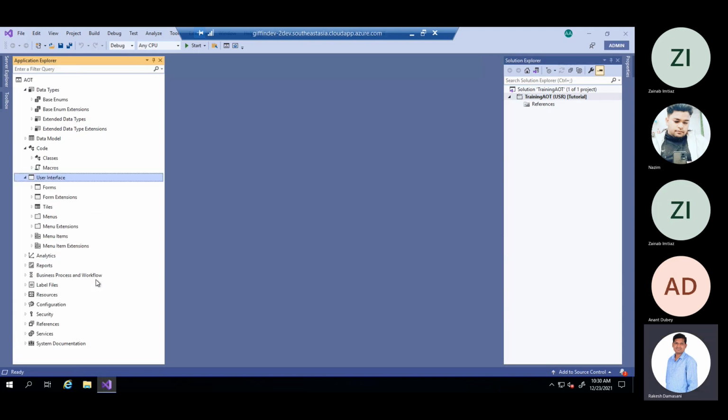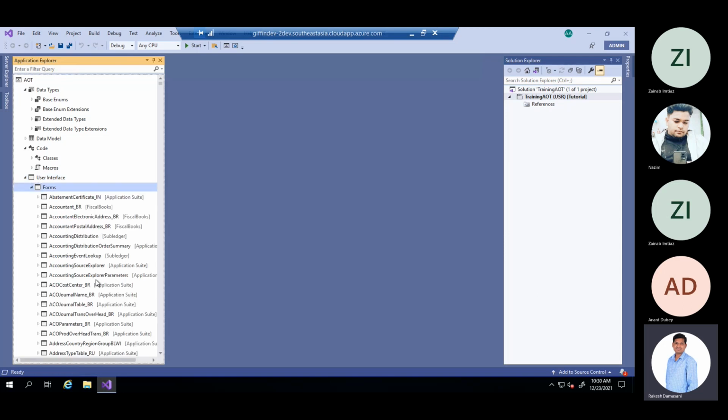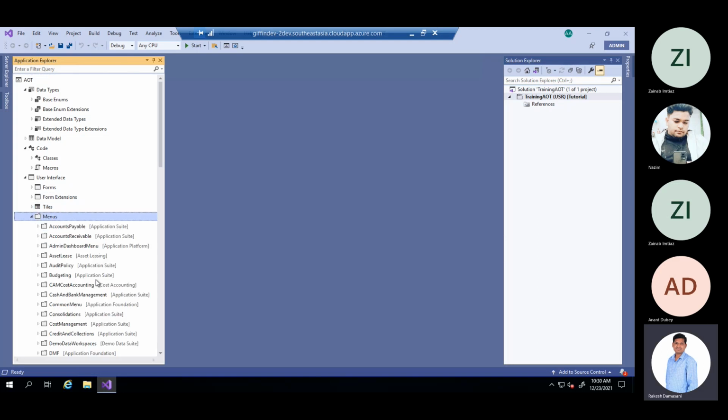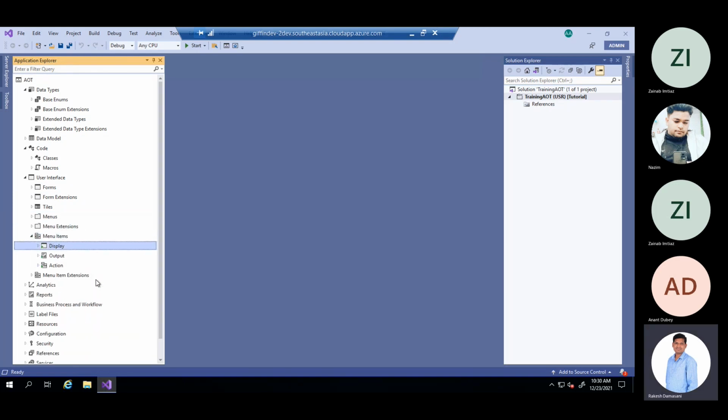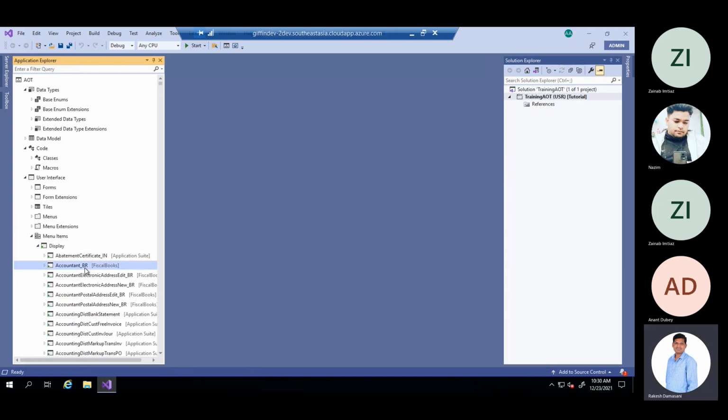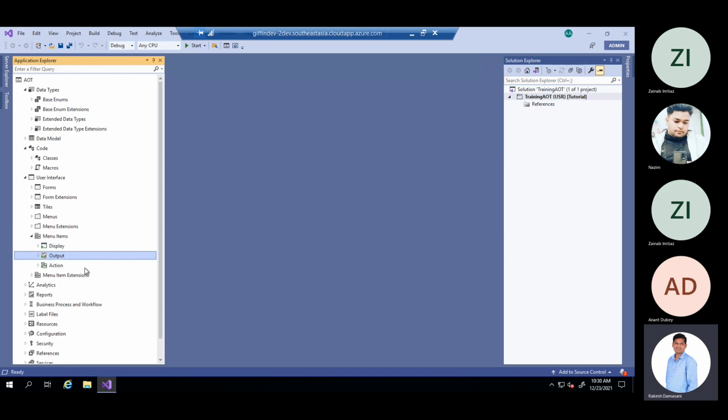And user interface, I think you are aware of this. You will have forms and menus, which we see in the front end. And menu items, we have 3 different types. Display, which I have shown, is for forms, meaning the user interface. Output is for reports.